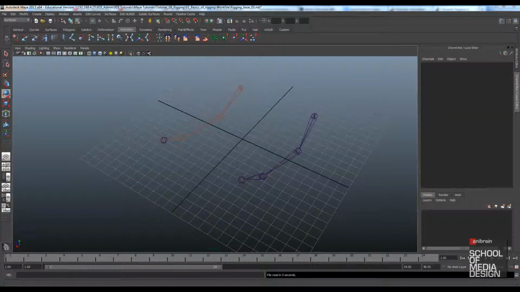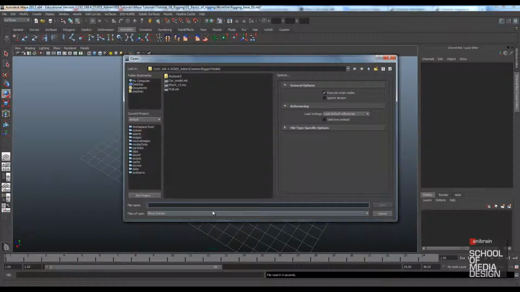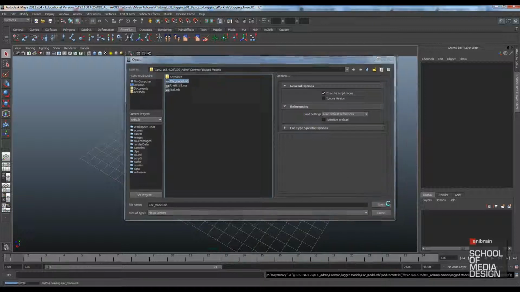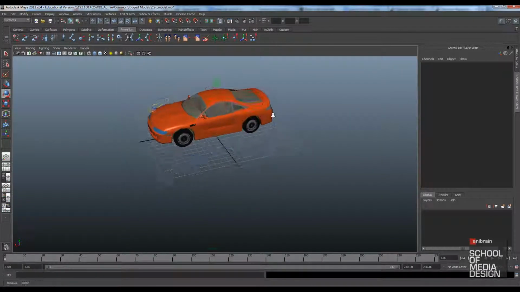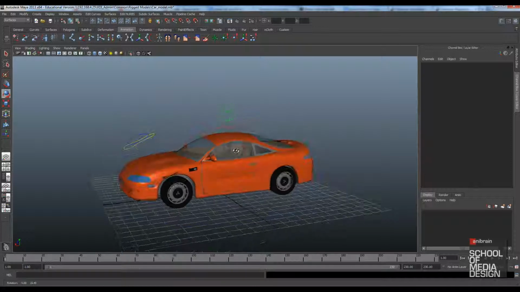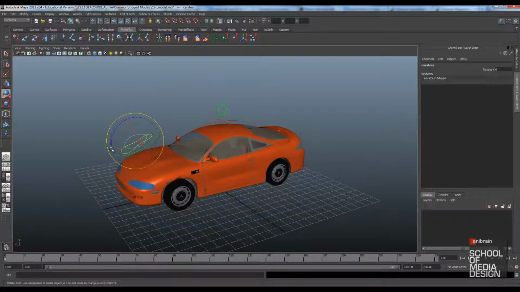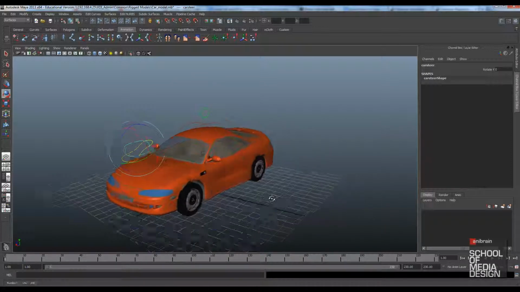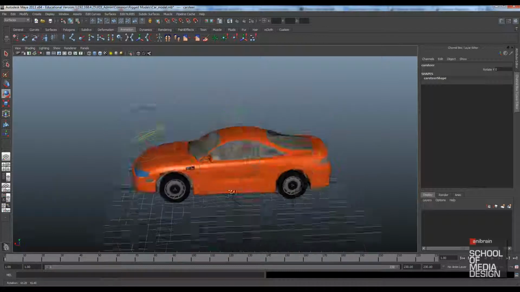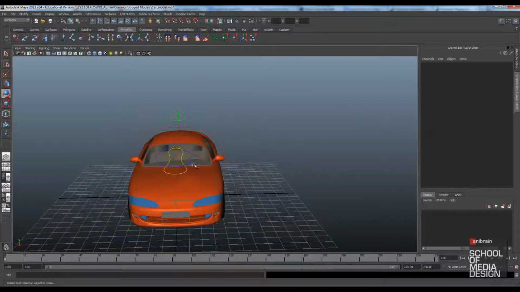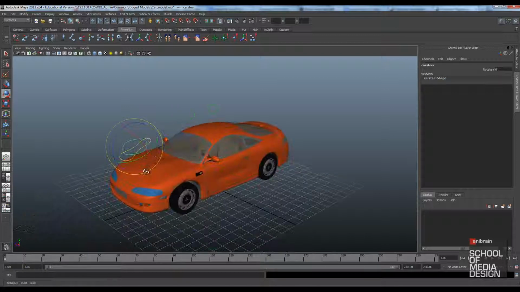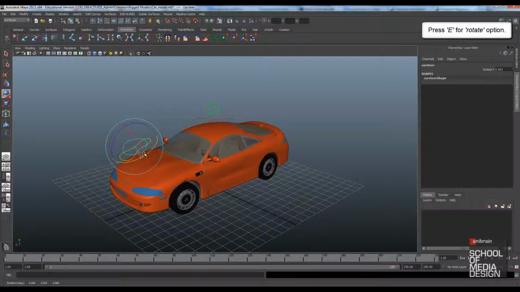Okay, so now let's see some rig examples. Go to file, open scene, and from here we will see first of all a car rig. Click open. Here you can see that this is the basic rig which is created for this car model. These are controllers which are used for the movement of the model. So we'll select this controller and here you can rotate and see that the car wheels are also rotating with this controller.